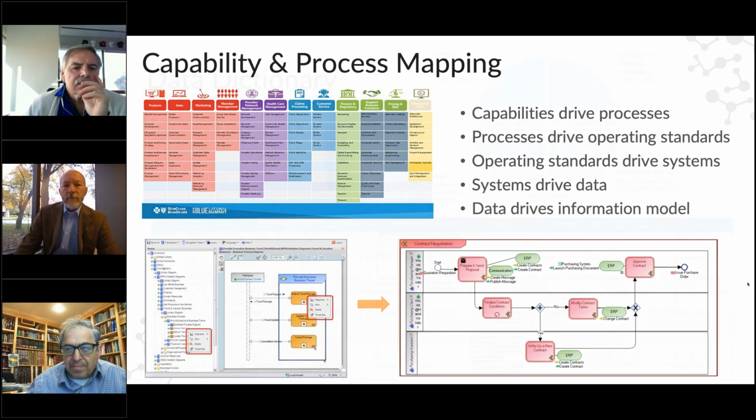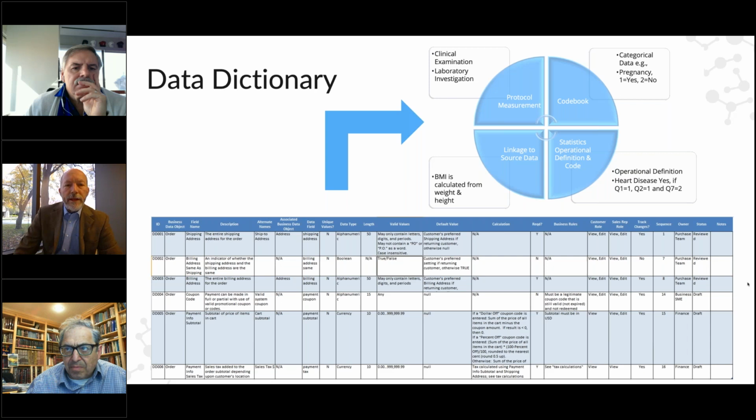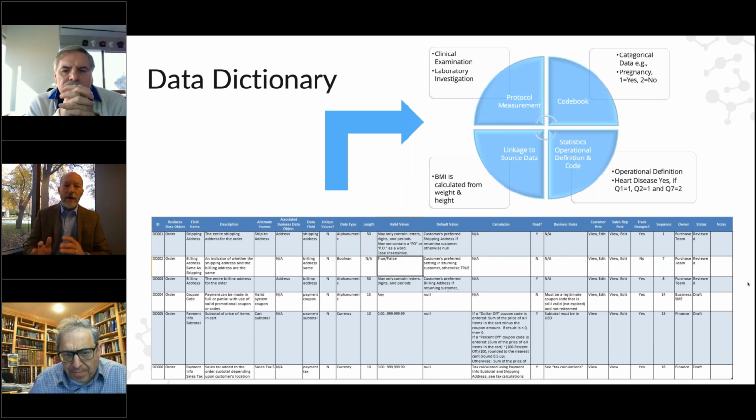On this next slide, what you're looking at is a data dictionary. And we talked about taxonomies, and the taxonomy helps you to understand how to organize your data. The data dictionary is sort of an exercise that may even precede the idea of developing a taxonomy. Here, the idea is to go into your company and organization and think about it from a process and timeline